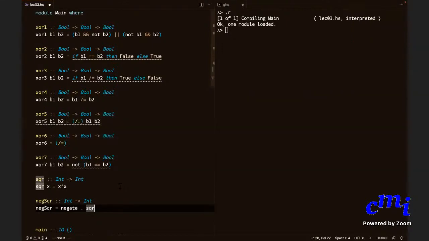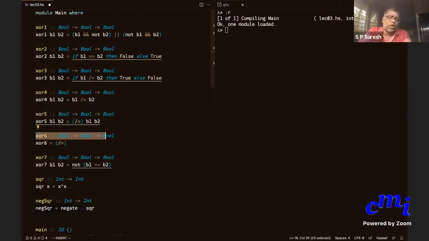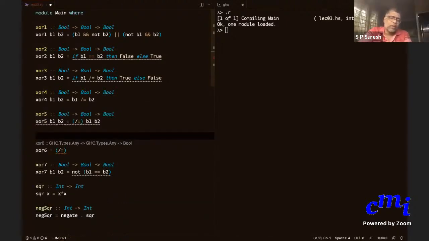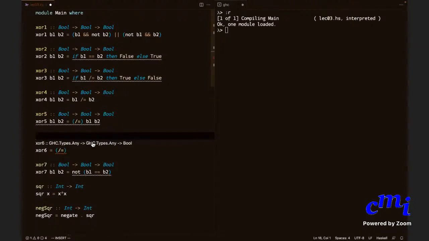So in the definition of XOR 6, if I remove the type definition and I just write XOR 6 is equal to not equal to, it will figure out the type of XOR. It will be a more general type. But it's giving some error.